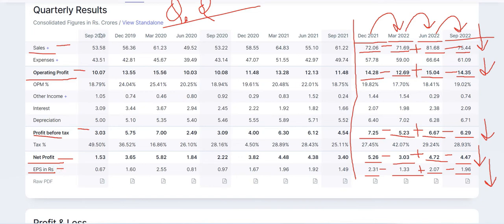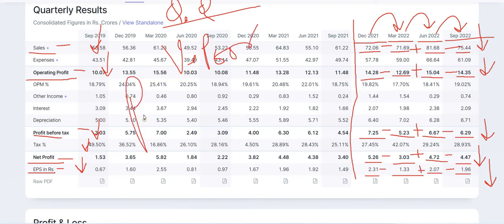So sales is decreasing, operating profit is decreasing, profit before tax is decreasing, net profit is decreasing, and EPS is also decreasing on an every quarter basis, which means very poor performance by the company. Very poor performance. Okay,